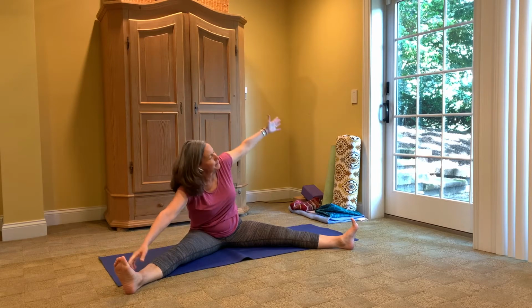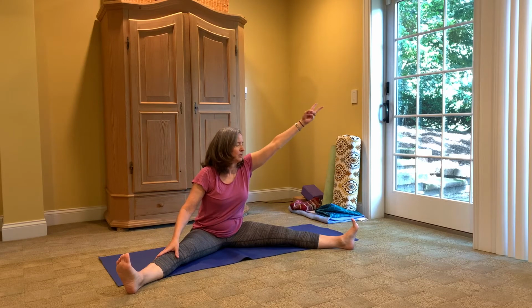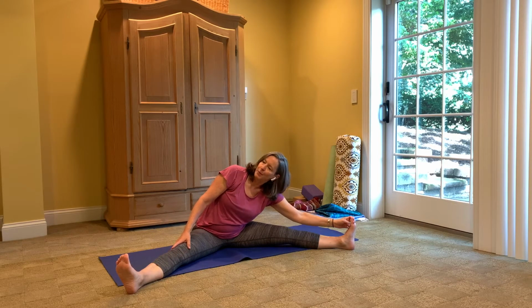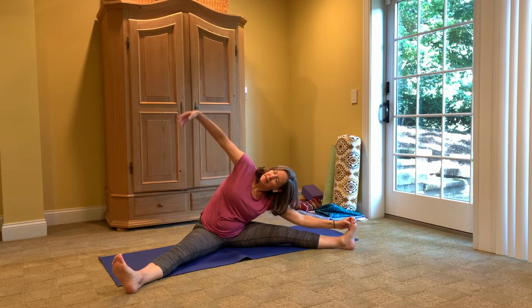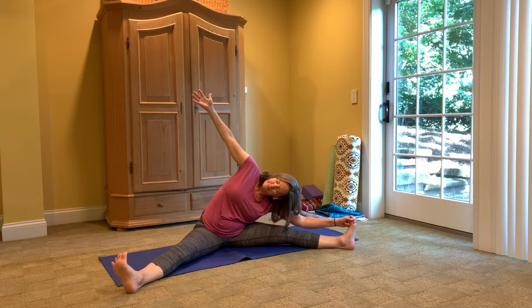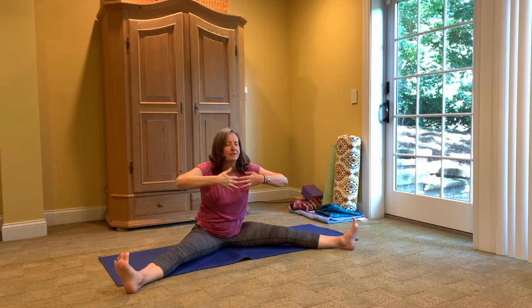Coming up, taking your peace fingers or your strap over to the left side, folding into the left side, really opening up that stretch in the right side, taking the arm up overhead. Coming out of that,